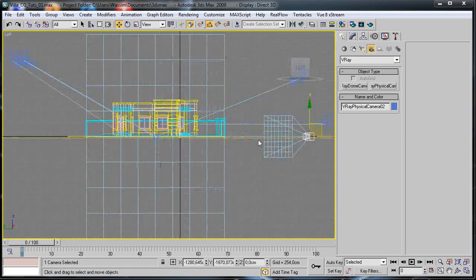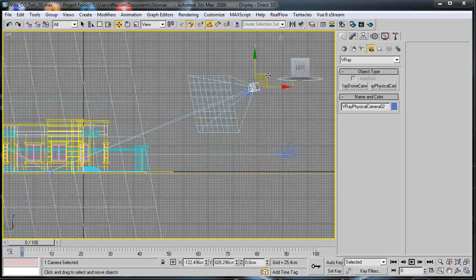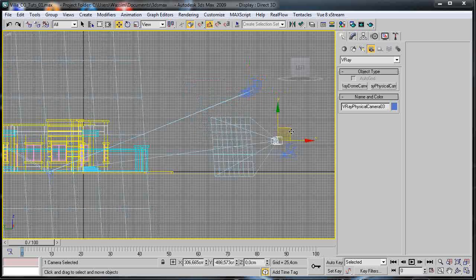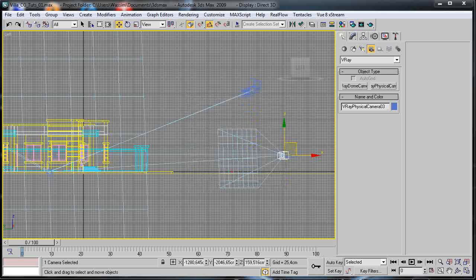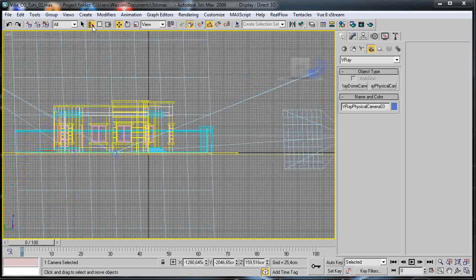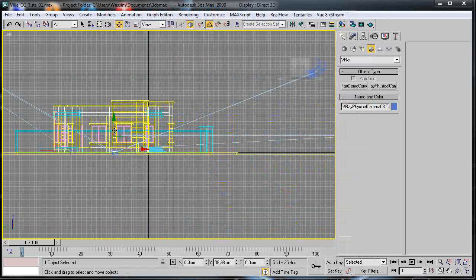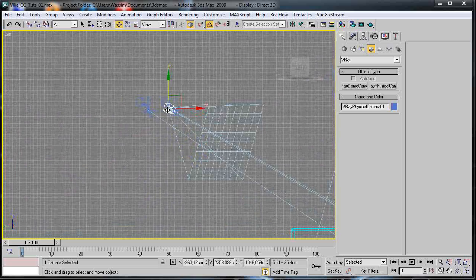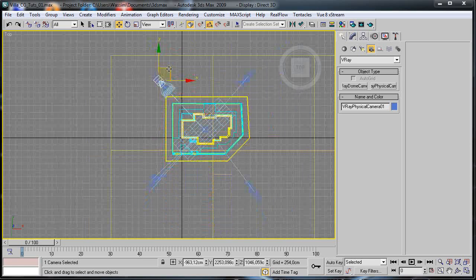Okay, I'm gonna move it a little bit so it has the same position. If you want to, you can duplicate this one here as a copy and pick the target. Okay, you'll find it here and move it a little bit higher. So just we have the same. And select this one and onto the top view and copy it